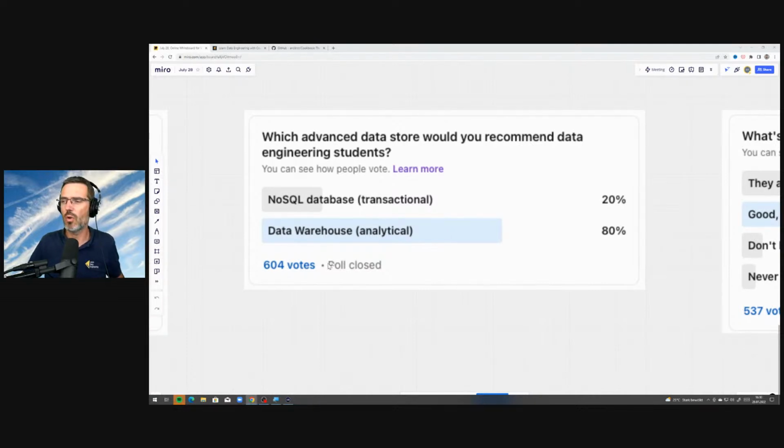It's 604 votes, so it's already a lot of votes. I was blown away by this when I saw, okay, 80% of people actually say, okay, you start and you look into warehouses first and then look into transactional databases. That was very interesting for me because, as I said before, I was coming from the other side, actually.